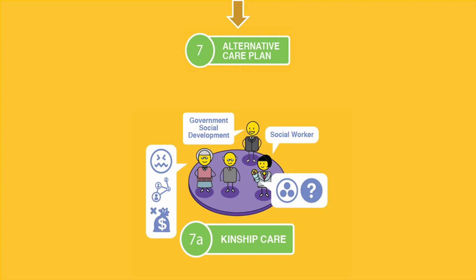arrangement between family members. It is important to note that kinship care can have a negative impact on older family members, as they are expected to take care of young children well into their old age, which can lead to high levels of stress and anxiety. Financial considerations also need to be taken into account, and whether the family member is in a financial position to take care of another dependent. This option does ensure that the child is still connected to their biological family, which can support the cultural needs